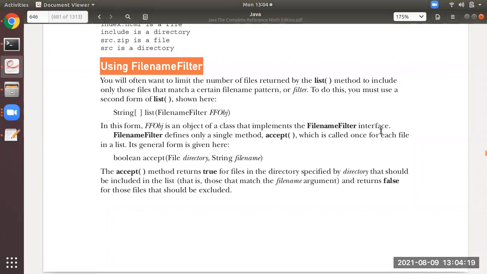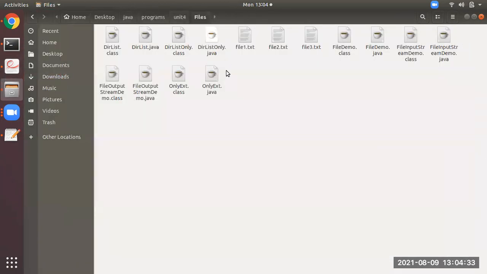So see, students, next thing is this, as I said just now, file name filter. What we can do is, by the name itself, file name filter. What do you mean by file name filter is, suppose this is a folder. Now from this folder, suppose you want to extract the information related with .java files only. Means in this particular folder, you are having .java files, .class files, .txt files, and you only want the information related to .java.